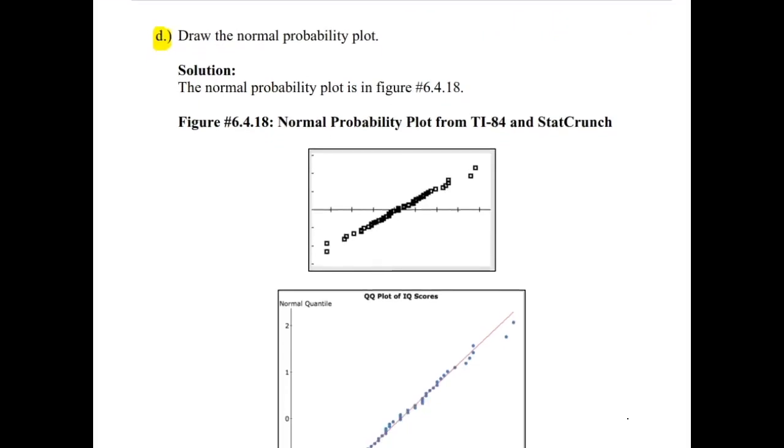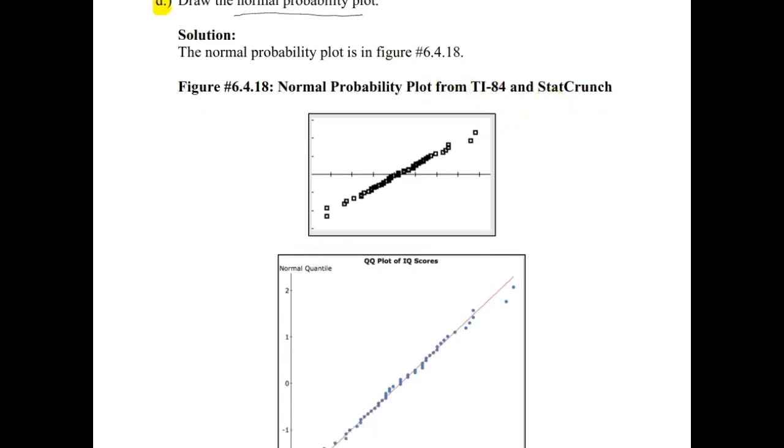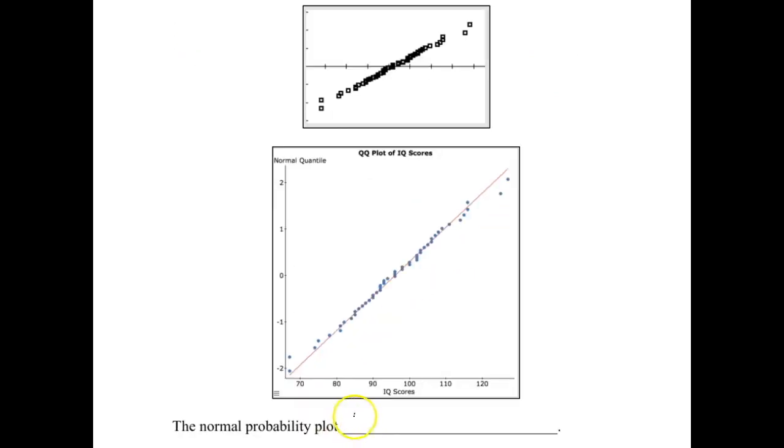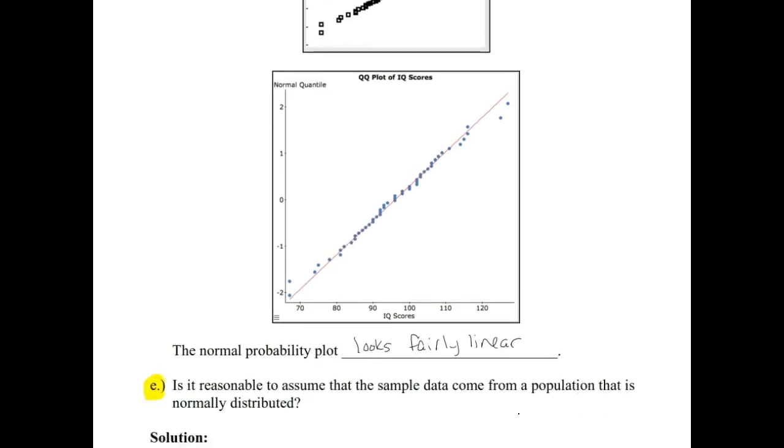All right, so the final graph that we're going to make is a normal probability plot. We can do that on the TI-84 if you entered those 50 data points, but they're already uploaded into StatCrunch. And so if we make a QQ plot, a normal probability plot looks fairly linear. Again, we're not looking for dot-to-dot perfect. We're just looking for a scattering of pebbles along a linear path that stay pretty close to that linear path